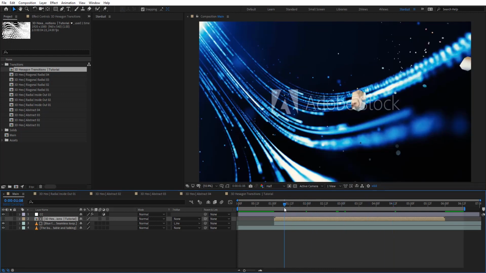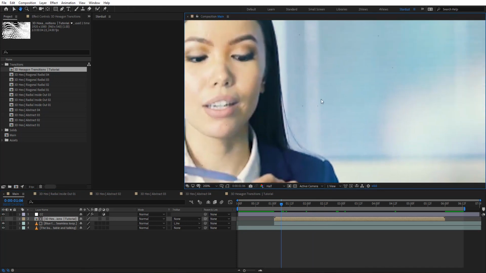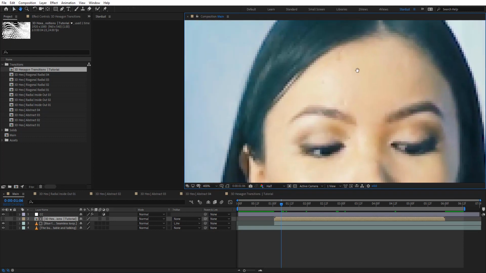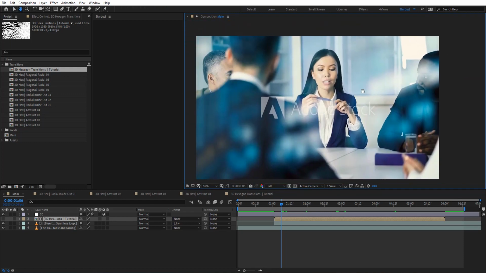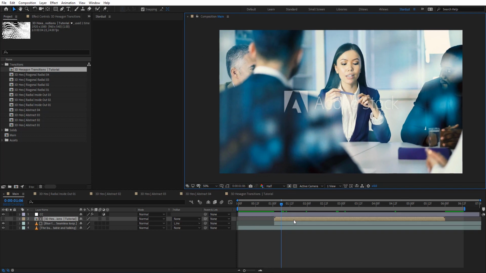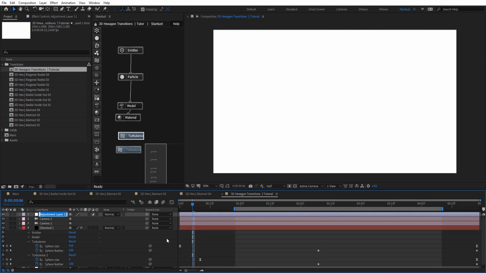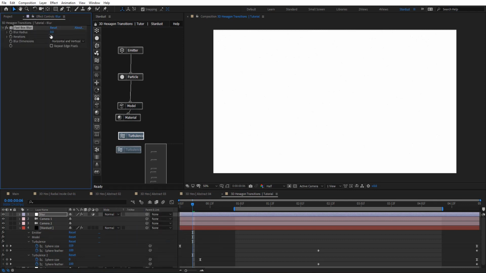But we have one problem. So if we go back here and zoom in right there, we can see we got some gaps, like 1 pixel of black shading there. And there are 2 ways to fix this problem. So I'm going to show you the first one. Up in this transition comp, let's add a new adjustment layer, and we can add here Fast Box Blur and set this to 1